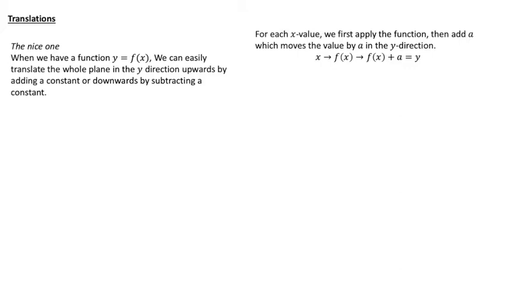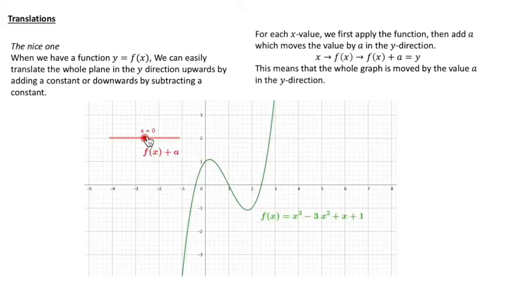So x goes to f of x, which is the function, and then we add a on, so it either lifts it if a is positive or moves it downwards if a is negative. As it says, the whole graph is then moved by that value a in the y direction. So we'll have a little look at a video clip now,